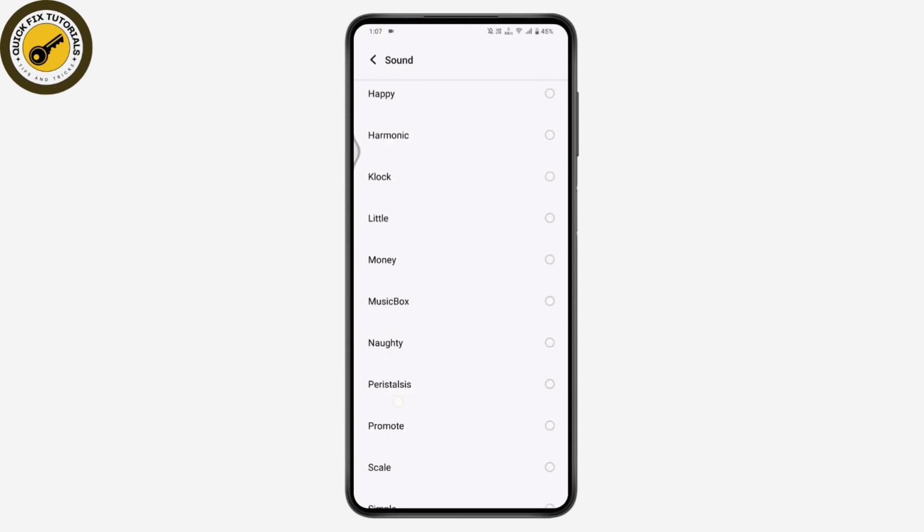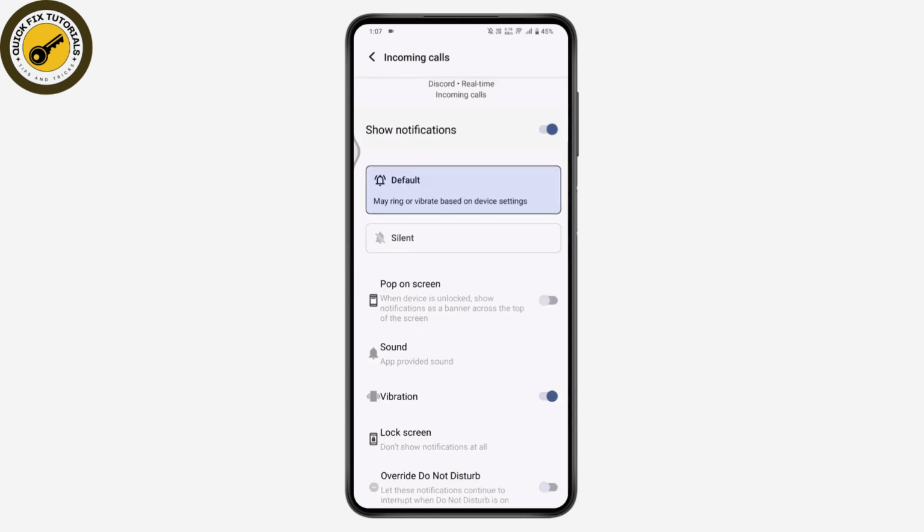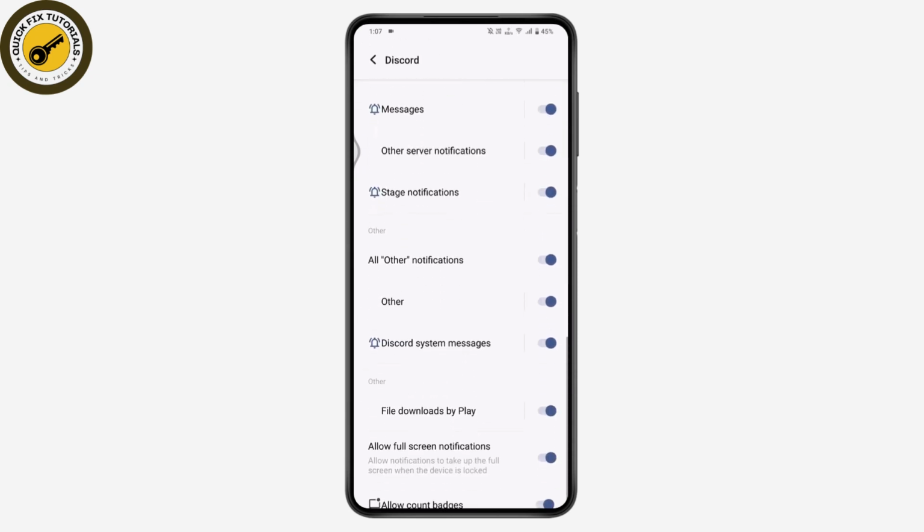You can choose any ringtone that you would like to add to your Discord calls, and you can change your notification ringtone or notification sound right here. So you can choose all of these